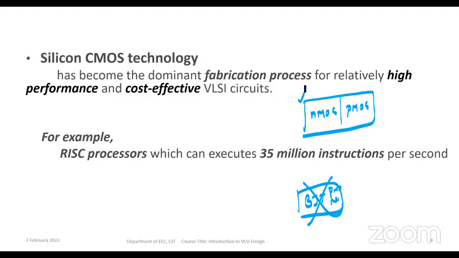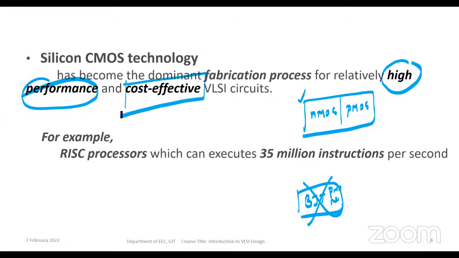Okay, the reason is that the devices which are manufactured based on the silicon CMOS technology have got high performance. So high performance circuits can be implemented by using this, and a very, very important one is cost effectiveness. Okay, so with a low price we are able to make VLSI circuits. We don't want to spend a lot of money to make VLSI circuits. So because of these two reasons, silicon CMOS technology is popular when compared to other